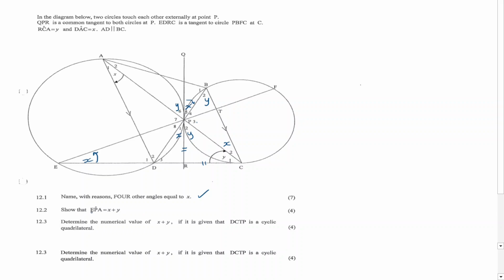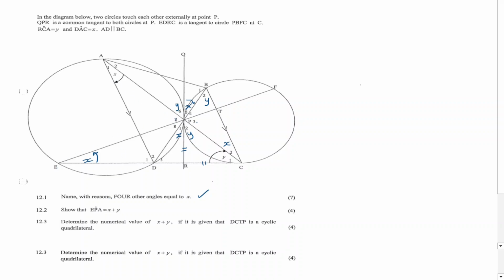Show that EPA equals X plus Y. Let's just say you couldn't get this answer. Then it's good to, in the next question, say assume that it does equal X plus Y, because that will help you to probably continue with the questions after that. And so there's often lots of ways to get your answer. It's nice if you do find a quick one. And so